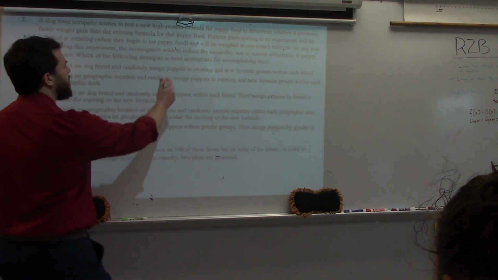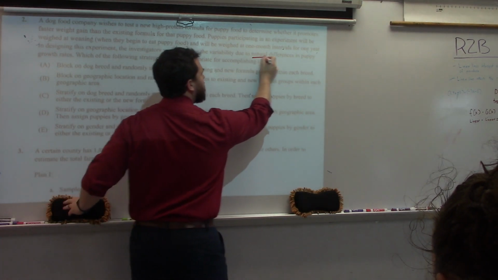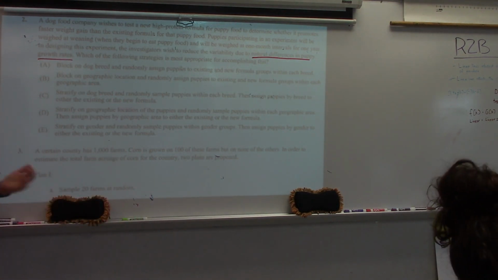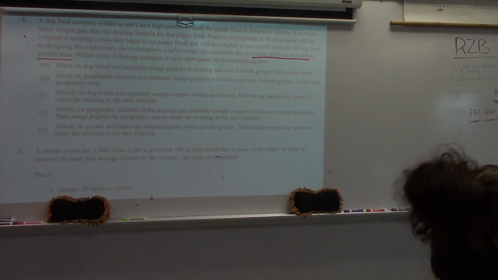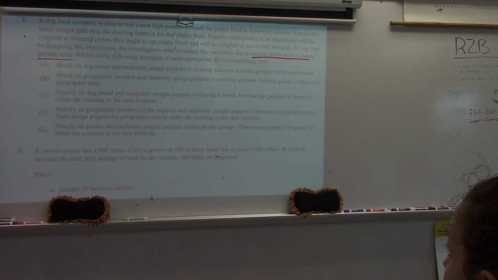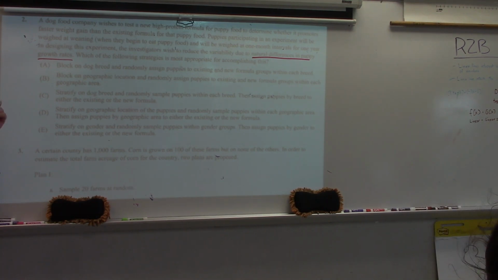They are wishing to reduce the variability due to natural differences in what? Well, is the breed or is the geographic location going to most clearly affect the growth rate? The breed, right? So we block on the breed. A Chihuahua will have a different growth rate than a Great Dane. We block on whatever variable we think would have the most variability, and so we separate those into different blocks. So we go with